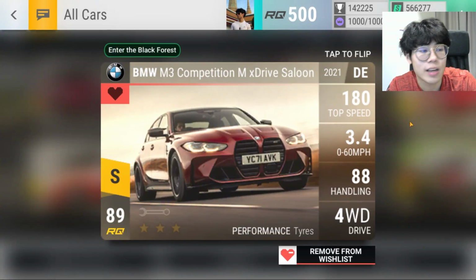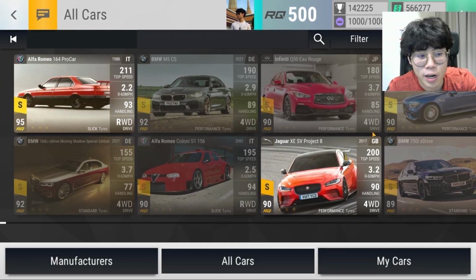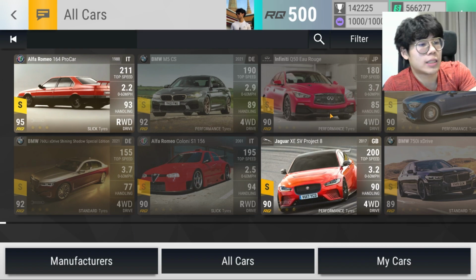I will max that like in a heartbeat, honestly. I would also like the Mercedes AMG GT 4-door, but the picture on this is really ugly, to be fair. The only one where I didn't really win was the Q50 El Rouge, but it's a crap car. I mean, this, I don't know, it's the opposite